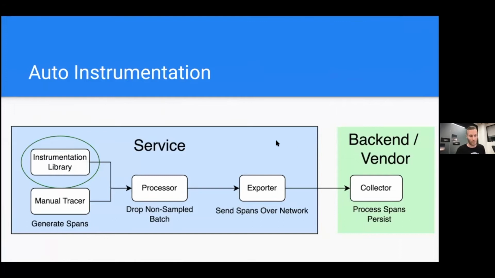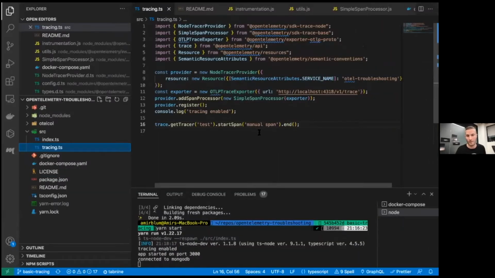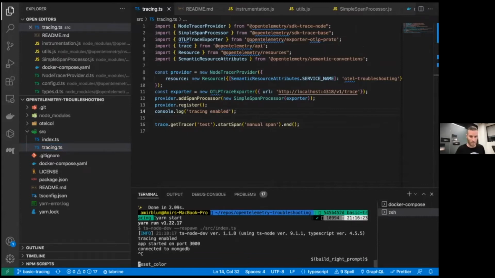Okay, but that's not very interesting because we can generate manual spans, but we don't want to see manual spans. We want to be able to get traces of the things that are really happening in the service. So if I trigger an HTTP endpoint, I want to see a trace saying that this HTTP endpoint was hit, that I accessed the MongoDB database. So for that, I'm going to be installing auto-instrumentation libraries. Auto-instrumentation libraries will do just that. So I'm going to stop my service